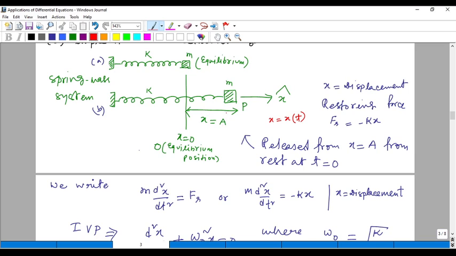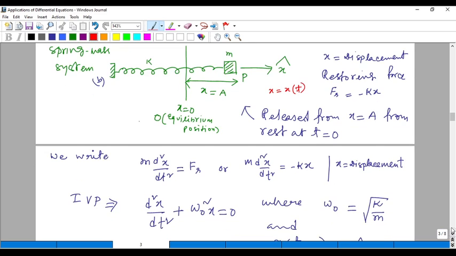This is the maximum displacement, and now it is released at t equal to 0. So we consider that at t equal to 0, initially the mass is at the maximum position, maximum displacement, and then it is released from rest. So the differential equation is this: m d2x/dt2 is equal to Fs,